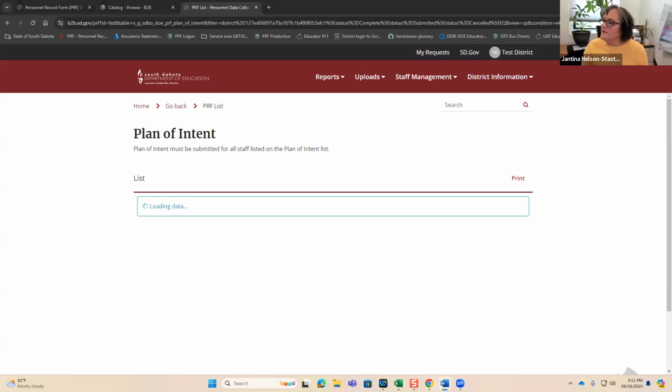The bottom section of that assurance statement can be done at any time when you have time available. You just have to be sure that once you say you're in compliance with each of those checks, that you click that save button as you exit the assurance statement. Once you have completed the top half of that assurance statement and the bottom half of that assurance statement, you should be finished with the PRF collection.